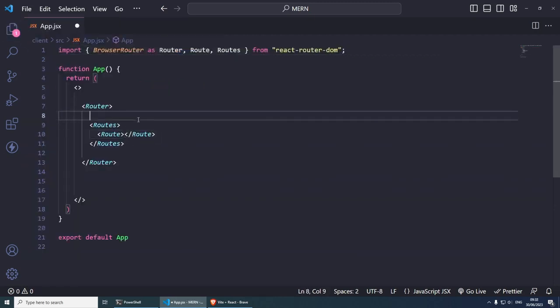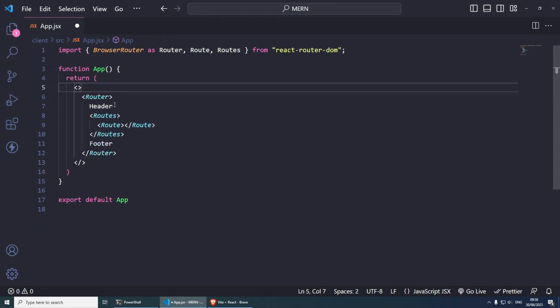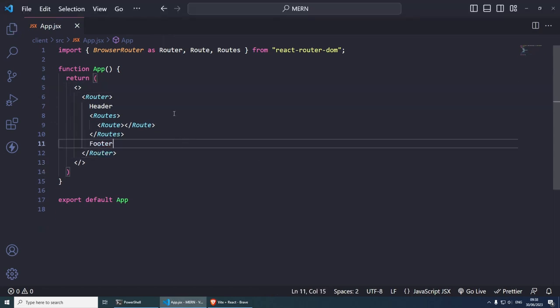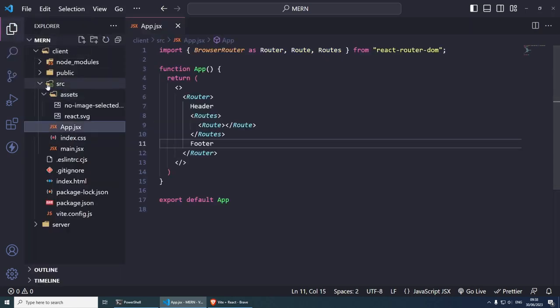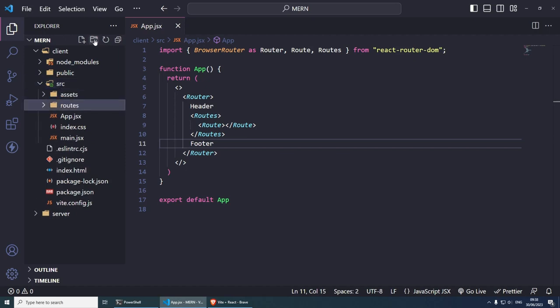Inside here, we can also put our header and we can have our footer at the bottom. Essentially we're going to have the header and the footer on every page, but we only want to change the route, the content inside. So let me show you first of all how, let's tidy things up and let's create our first route so we can include it in here. If you go back under client source, inside here we need to create a new folder called routes. And then the first route is going to be called home. Inside home is where we're going to create another file called